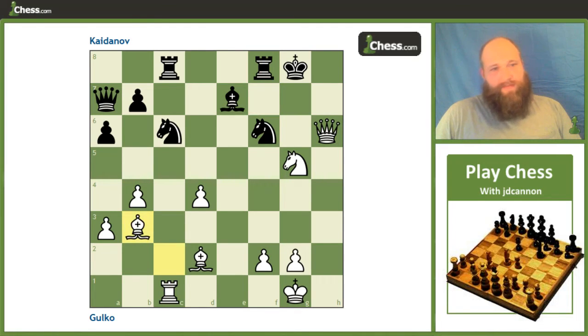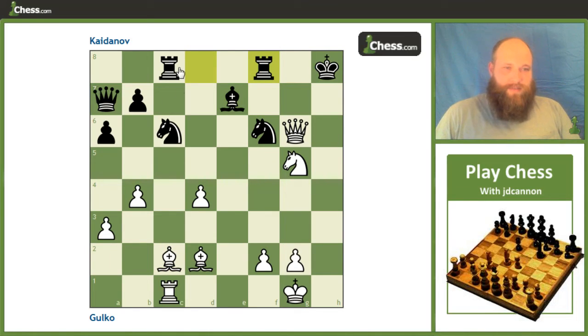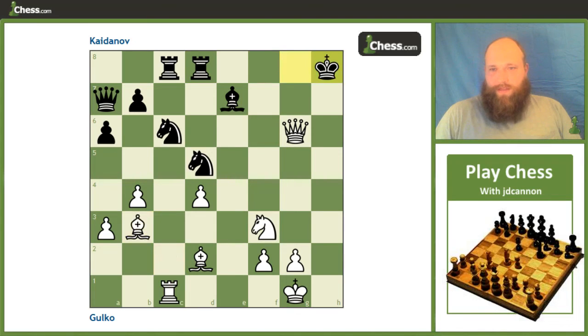So we haven't even had to invest as much material as white did in the last game. Mostly because I think black's pieces are a little bit more stranded this time. So instead of that, we get to see...